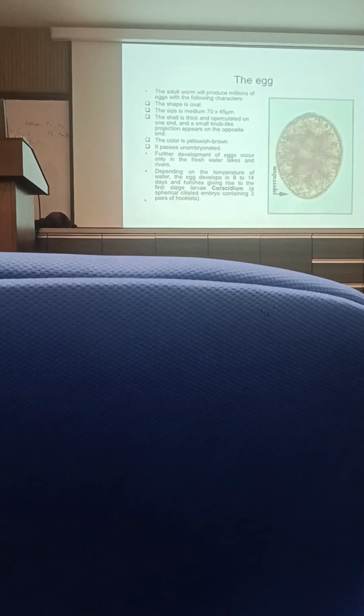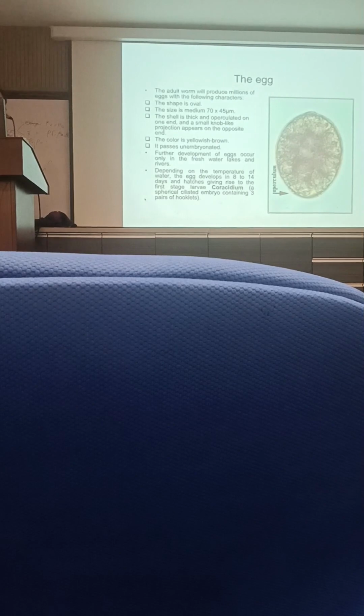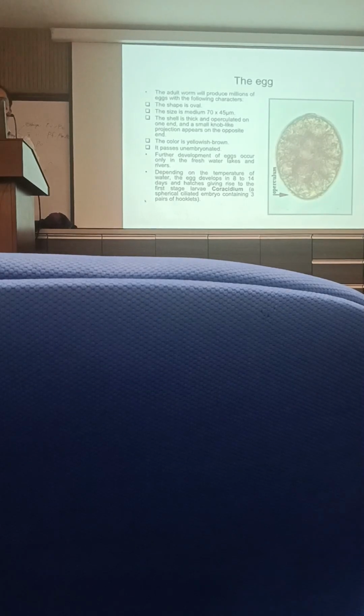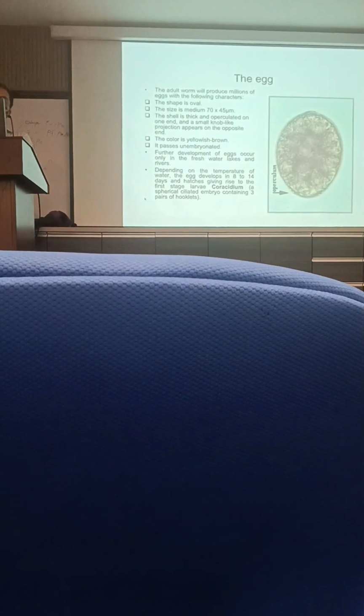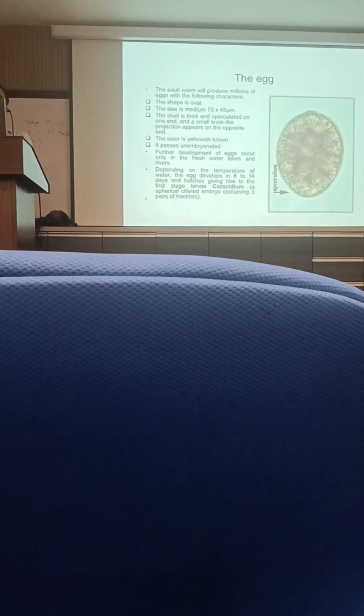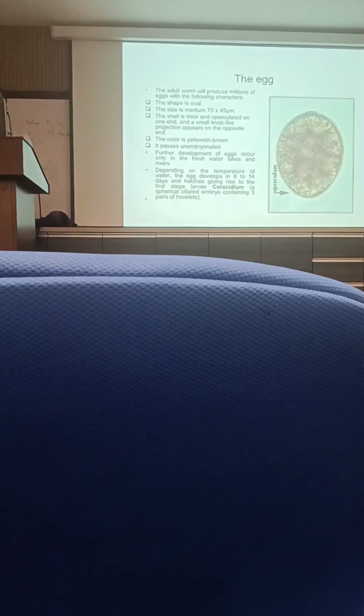But here, does it have a snail host? Here there is no snail host. A snail is a mollusk, right? I told you earlier, part of a mollusk is soft, part is hard. But here, it utilizes a crustacean instead, right? Crustaceans are hard-shelled animals, like crab and prawn. These are crustaceans. So we have a small crustacean as the first intermediate host, which is a